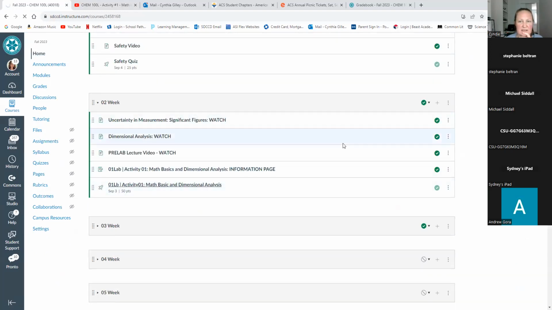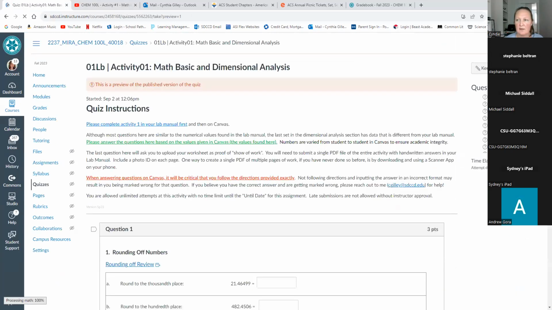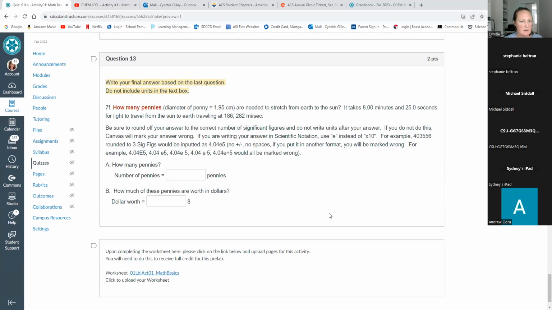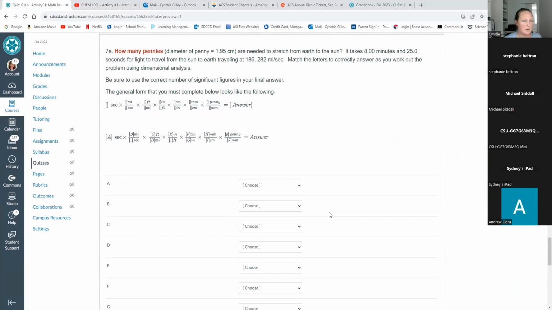So here's the actual activity. Let's preview it, and then come down here. Okay, so this one. Notice that he basically has written out the units for you, right? So we're just going to copy this and set it up without numbers. I'm copying it right now. So seconds times, I'm going to have miles per second